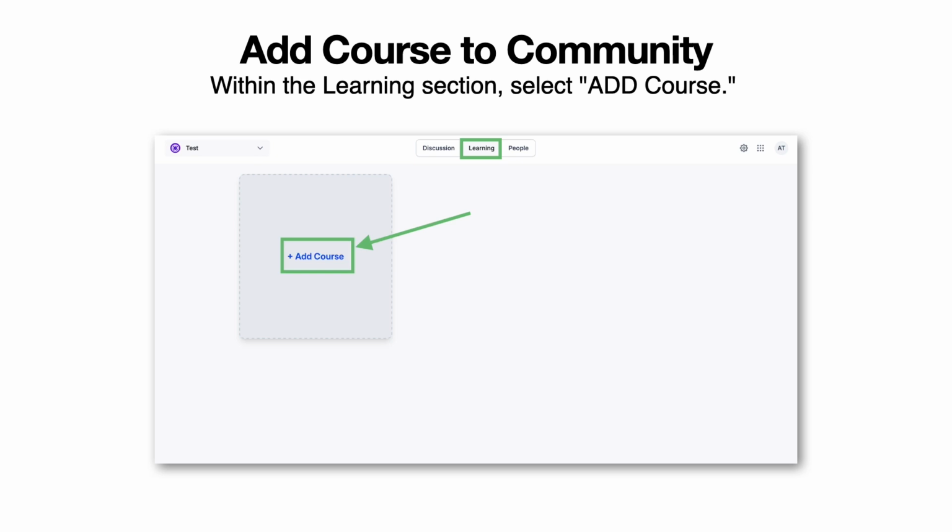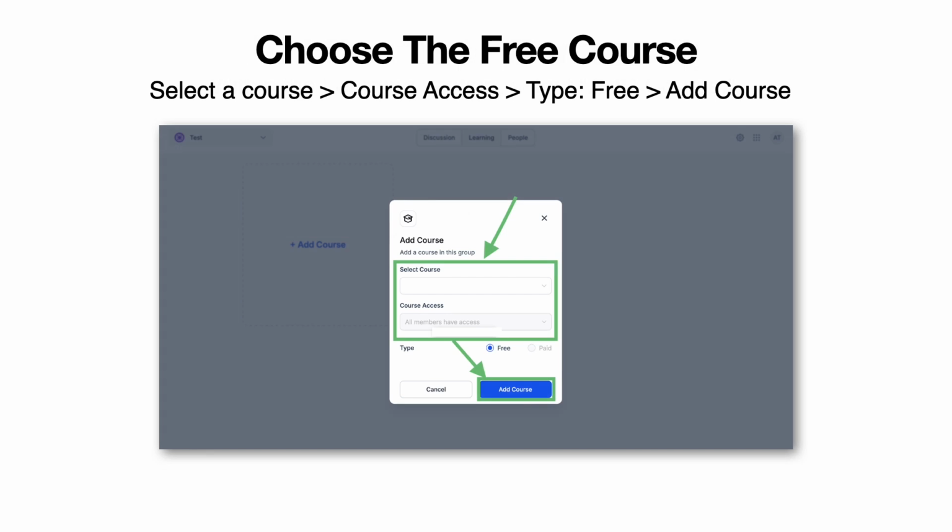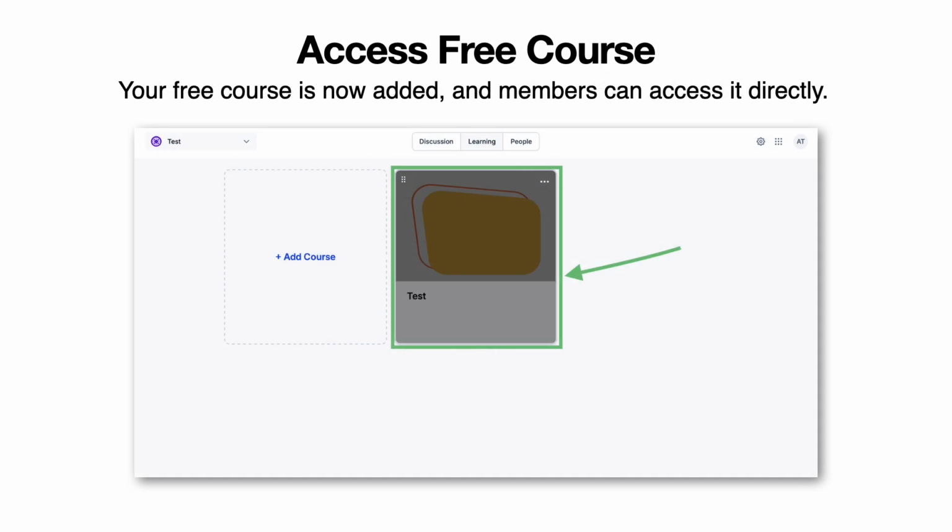You're going to see this pop-up button of plus add course, and you're going to go ahead and click that. Now go ahead and choose the free course that you created, select a course, select the course access, and type free. Now go ahead and click add course. Your free course is now added, and members can access that directly at no